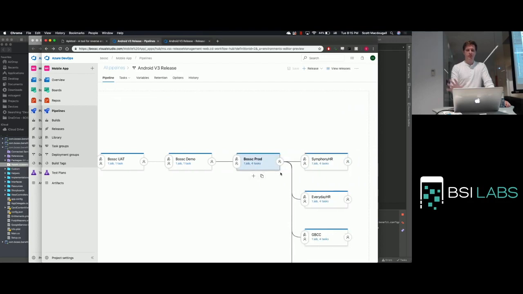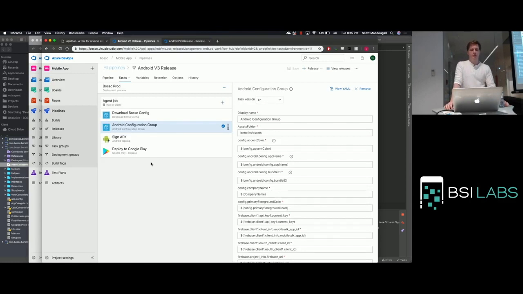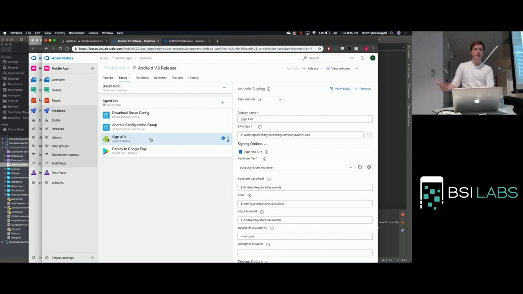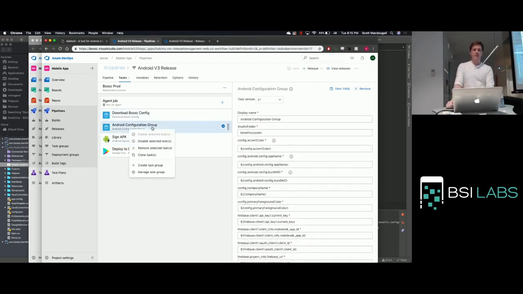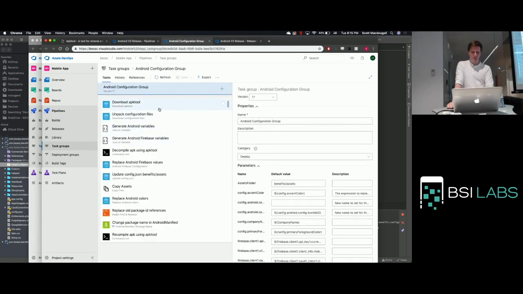All the different environments, everything is the exact same except for the tasks that it completes. The only thing I'm going to say about Android is everything's pretty much the same. Deploy to Google Play, sign the APK, download, and then configuration. I'm just going to very quickly go through the configuration side here. So what I use